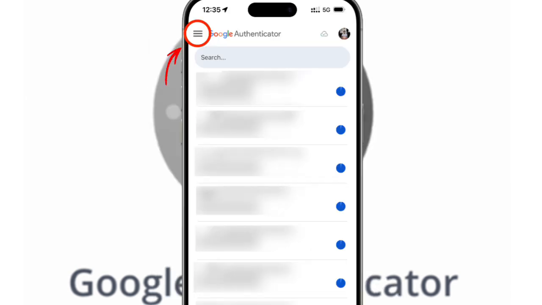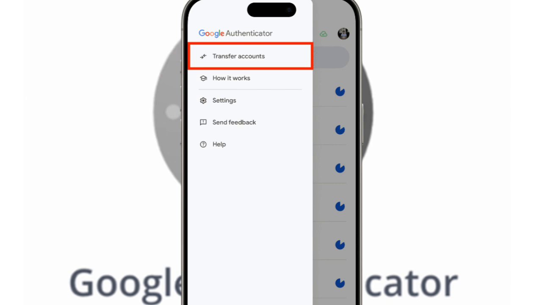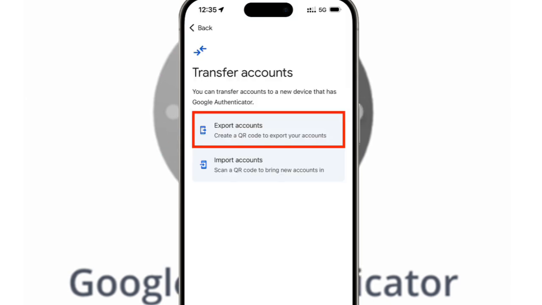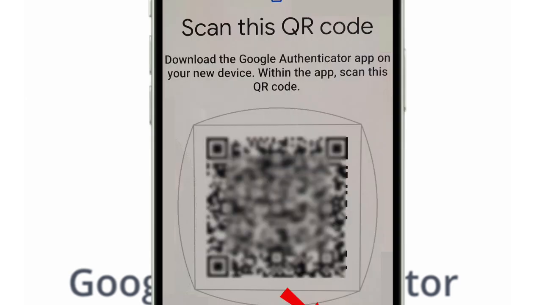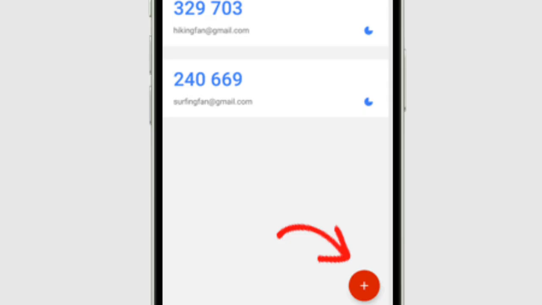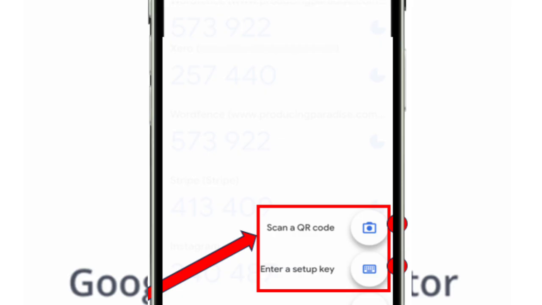Open the Transfer Accounts menu on your old phone if you still have it, and select Export Accounts to generate a series of QR codes containing your secret keys. Tap the plus button on your new phone and choose Scan a QR code to import your accounts directly from